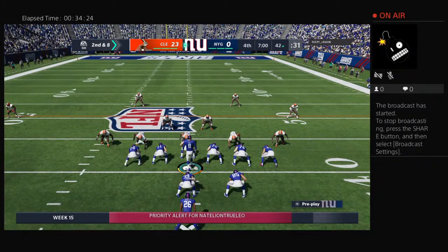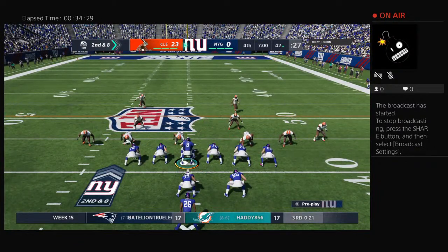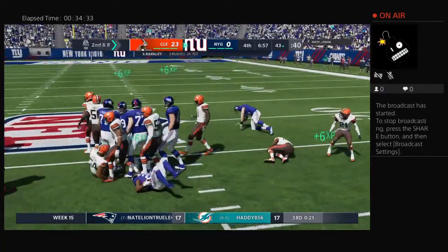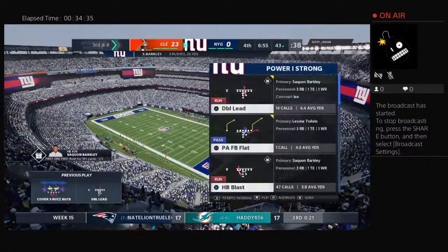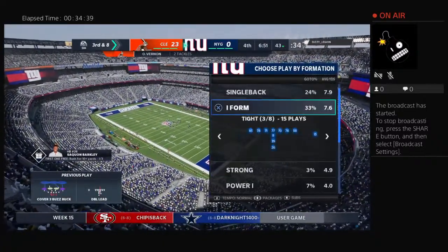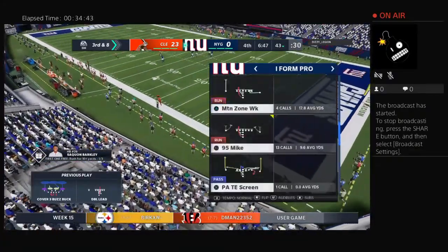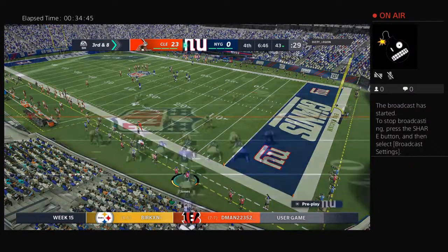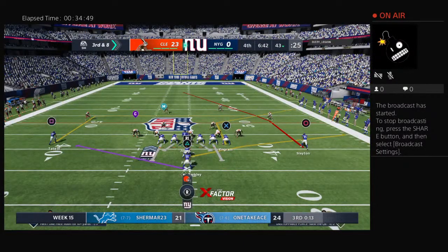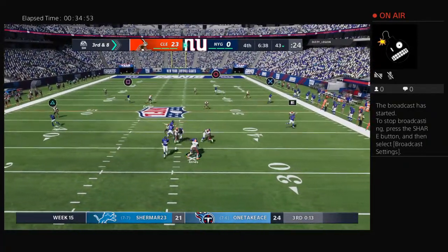So 2nd and 8 here after the pass play for 2 yards on first down. Now Saquon Barkley. And he's going to be met at the line of scrimmage and taken down. Officially no gain on the play, and they're left with a 3rd and 8. Seems pretty obvious defensively a key was stopping the run game. How have they done it so successfully? To me, it seems that these guys really did a nice job of paying attention during the scouting report meeting. And you know, Brandon, when they do those, they talk about the...